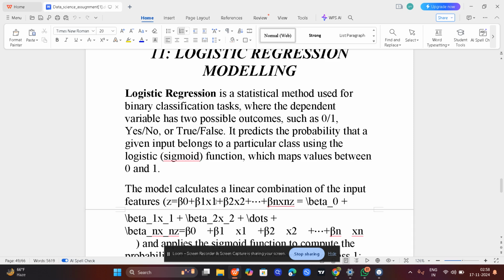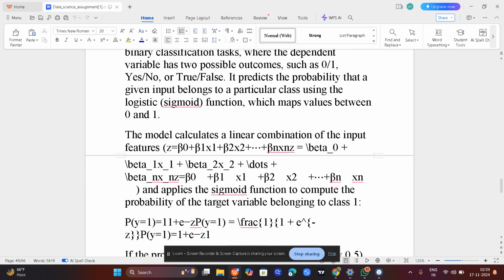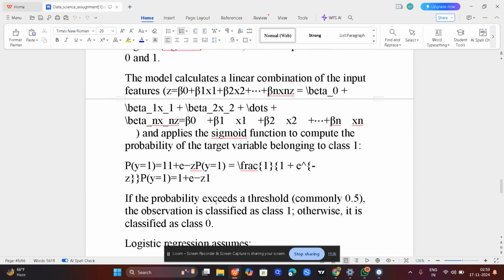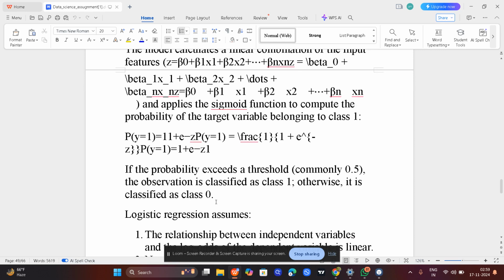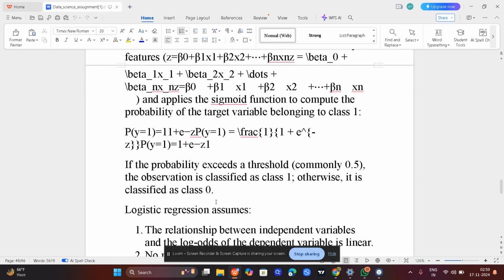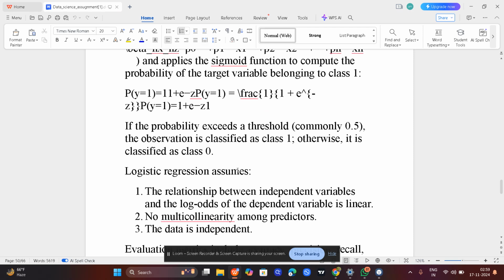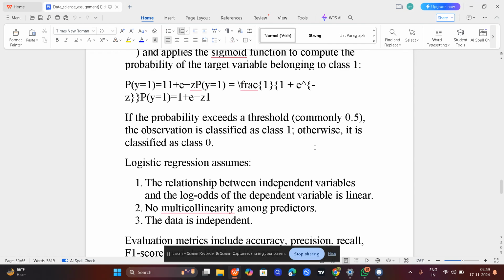probability that a given input belongs to a particular class using the logistic function, which maps the values between 0 and 1. The model calculates a linear combination of the input features and applies the sigmoid function to compute the probability of the target variable belonging to class 1. If the probability exceeds the threshold, the observation is classified as class 1, otherwise it is classified